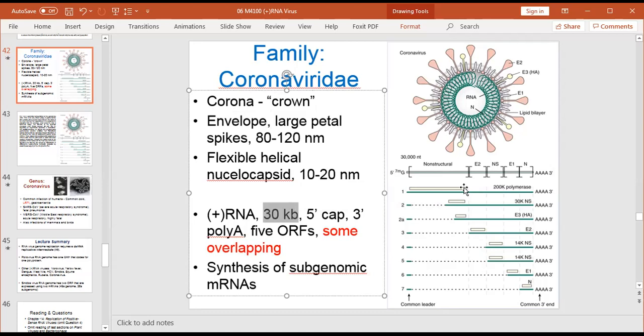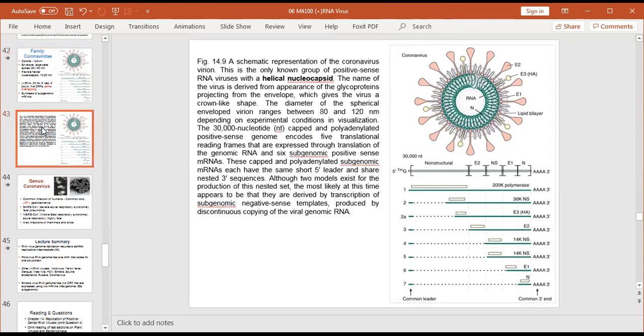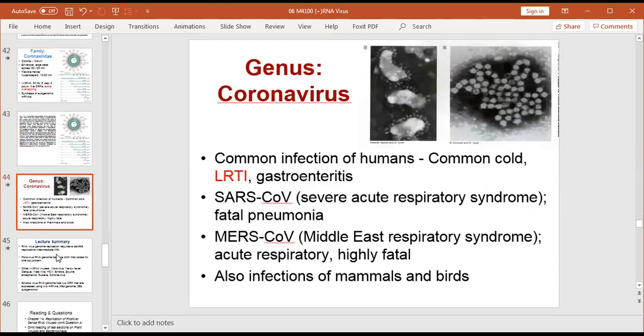This codes for 5 open reading frames as depicted by these rectangles. And as you can see, some of them are overlapping. And these open reading frames result in the synthesis of a number of subgenomic mRNAs. Slide number 43 is just a depiction of what we just discussed. Slide number